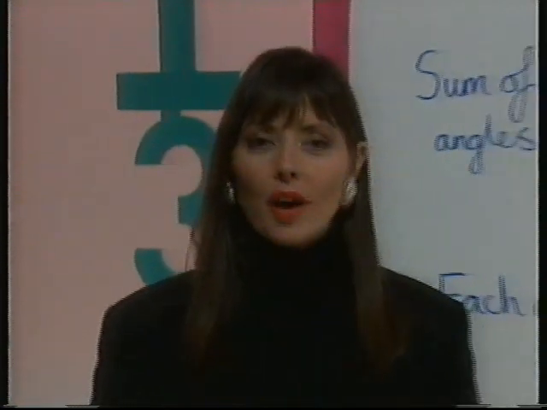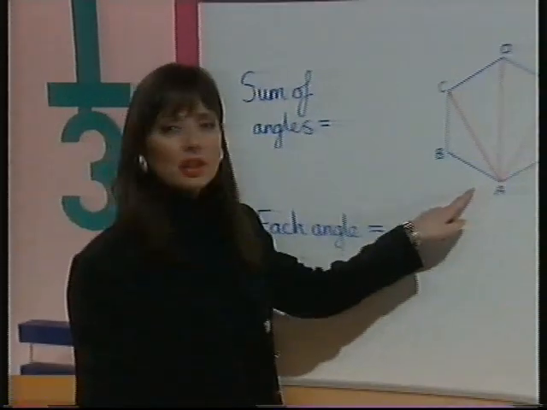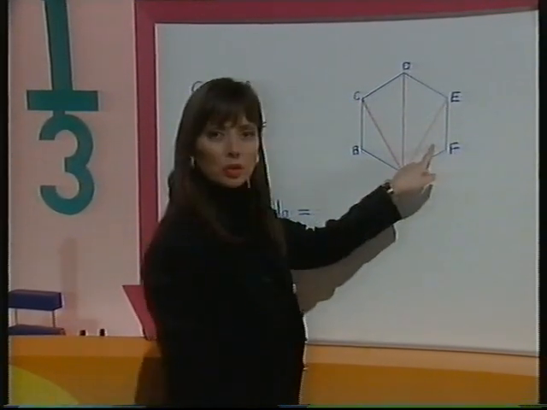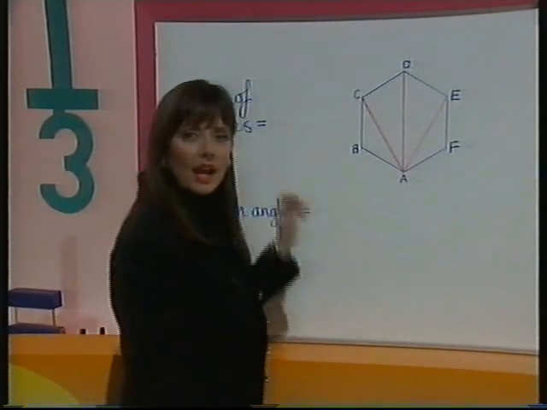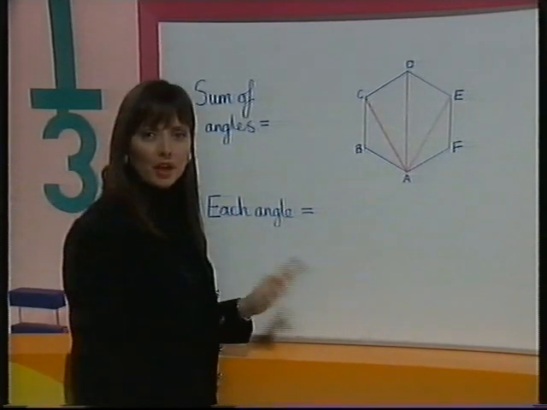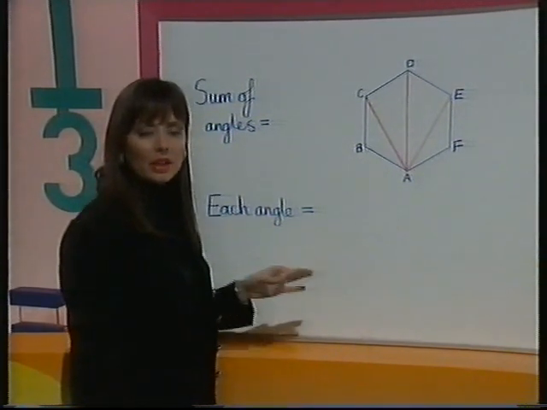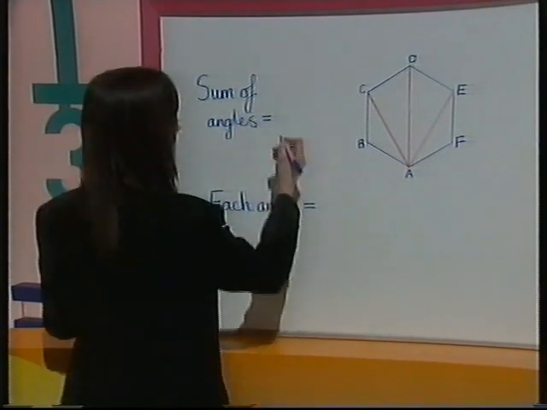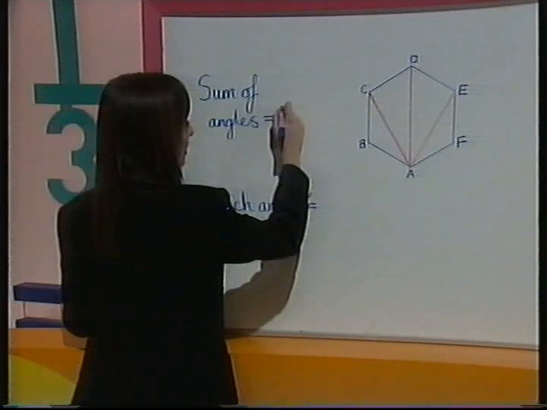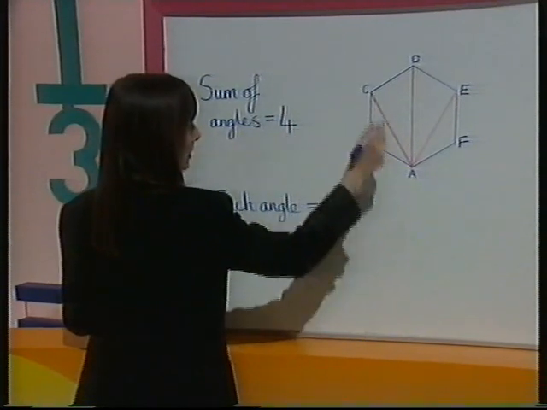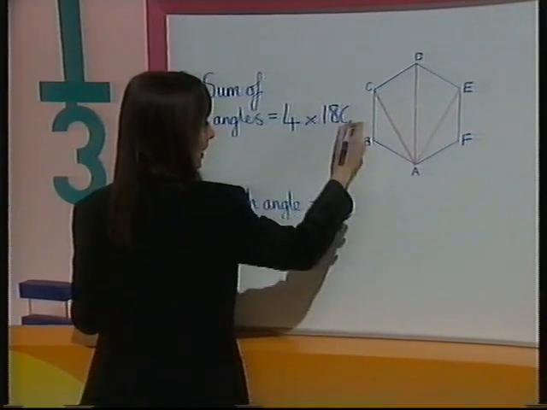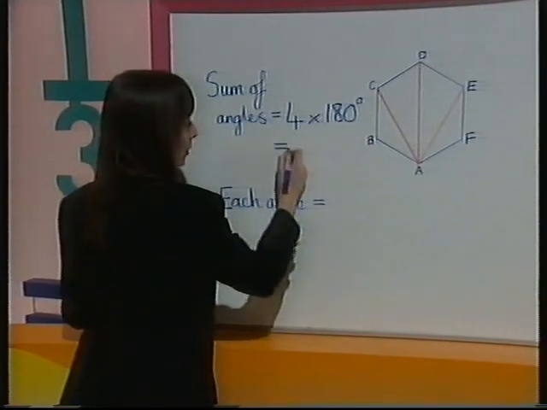shape. Take a hexagon. We can divide it up from any corner into triangles, and here we have 1, 2, 3, 4 triangles. The angles in a triangle add up to 180 degrees. So all you have to do is count the triangles, we've got 4, and multiply that by the number of degrees in each triangle. So we have the total sum of the interior angles of the hexagon equals 4 multiplied by 180 degrees, which equals